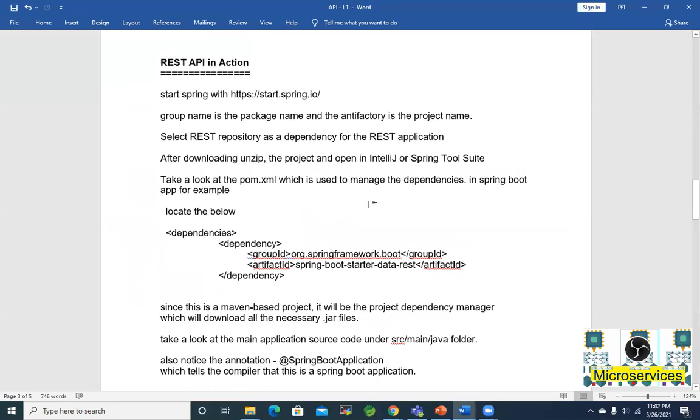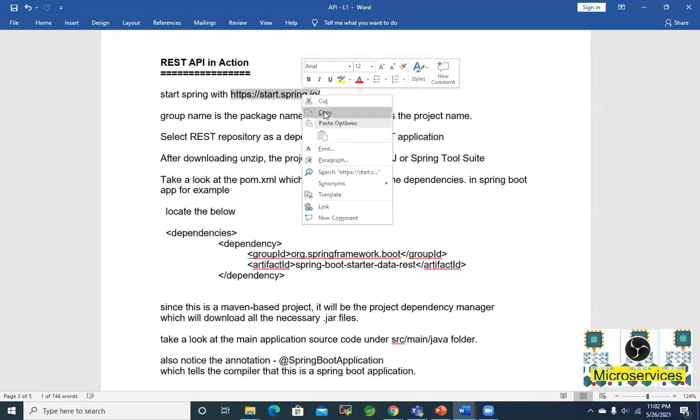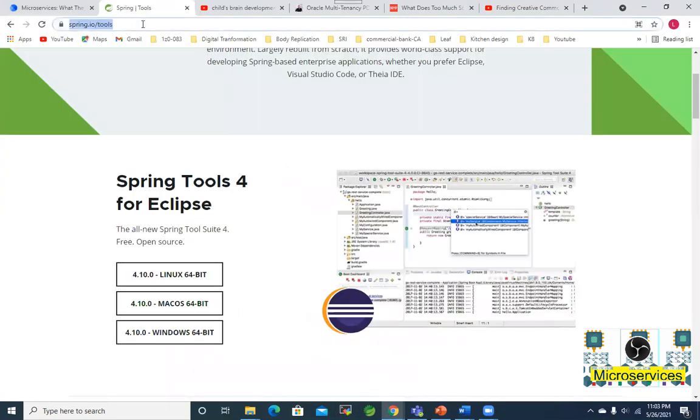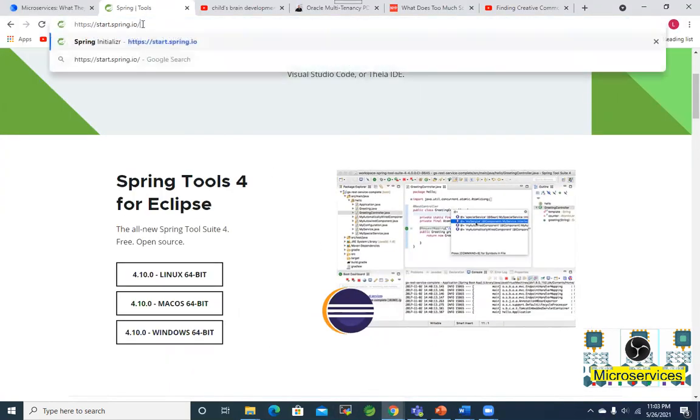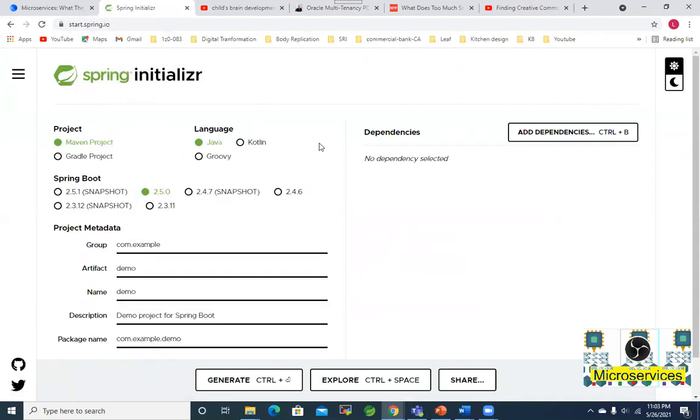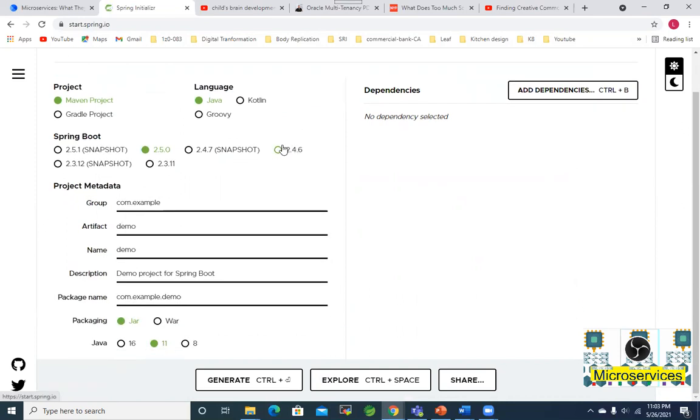As per the document, either you can start your Spring project from Tool Suite right away, or you can go to start.spring.io. I think most of you are familiar with this. If you want to start a Spring project, you can go here to the Spring Initializr. Either use this website, create your project, generate the zip file, unzip it and open it in your favorite editor, maybe IntelliJ, or, like I said earlier, you can launch